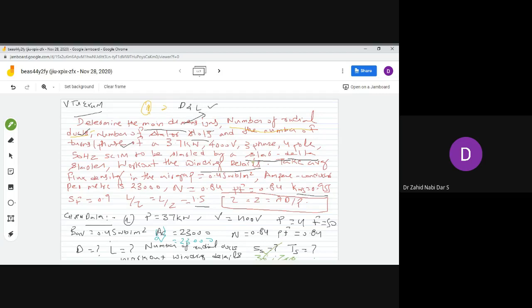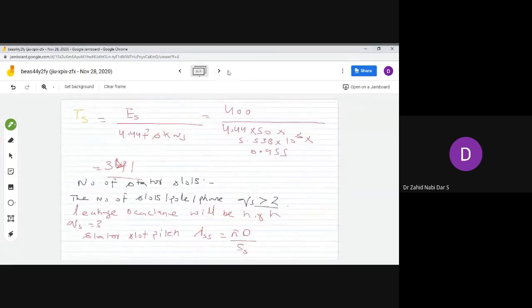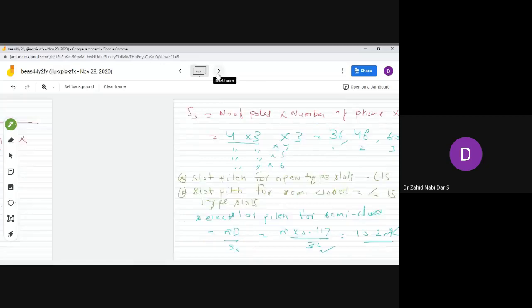I was telling you, if they ask you the number of stator slots and conductors per slot, although they have not asked in the question, if they had asked, then this ZSS value is